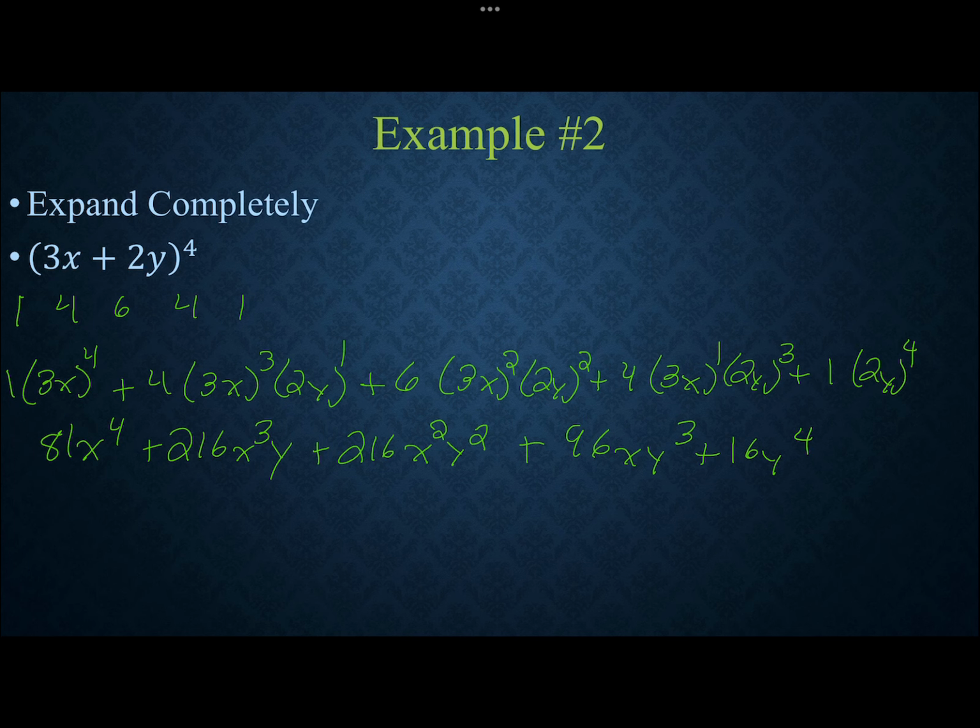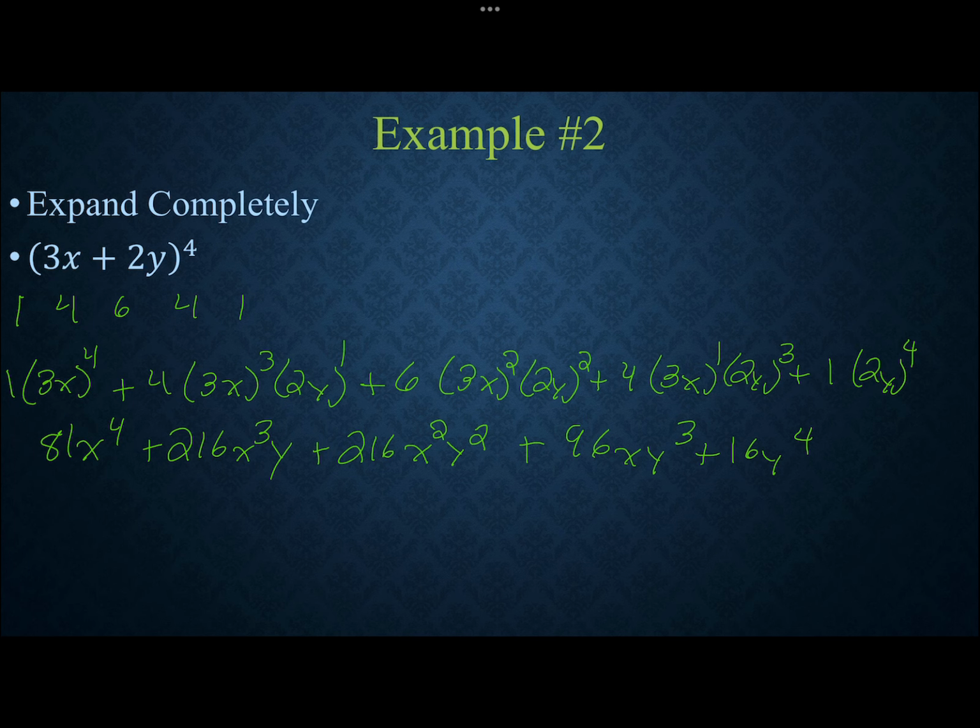You notice here, because there was no subtraction term, all the terms stayed positive, whereas in the previous example, we were alternating positive and negatives because that second term is a negative. And again, negatives raised to odd powers yield negative results. All right, so just make sure you're careful with the calculator multiplying all that together, and then you should be